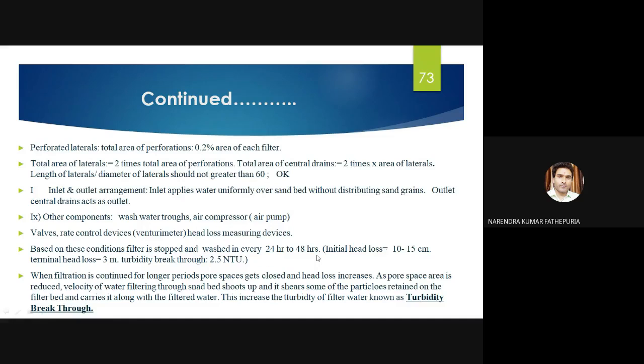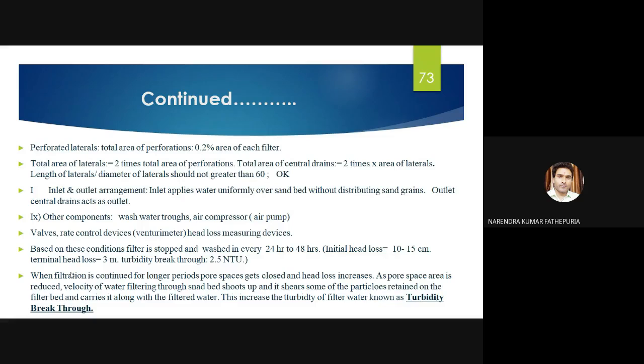Now, how will you check that the filter requires cleaning? These are the conditions. You have to stop the filtration once you find these conditions within 24 to 48 hours. Suppose you have a head loss measuring device: if you get an initial head loss of 10 to 15 centimeters, a terminal head loss of up to 3 meters, and a turbidity breakthrough of 2.5 NTU on the turbidity meter, if you are getting turbidity up to that level, then you should understand that cleaning is required for the filter